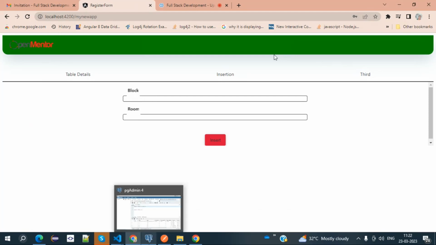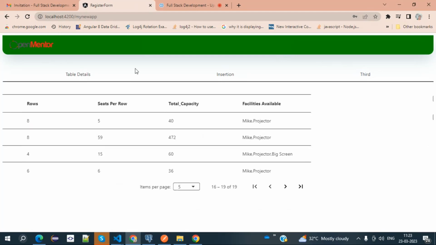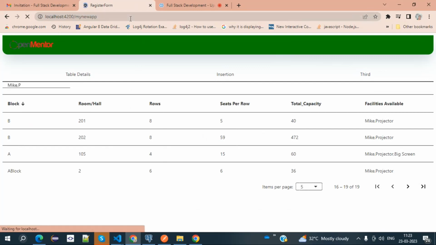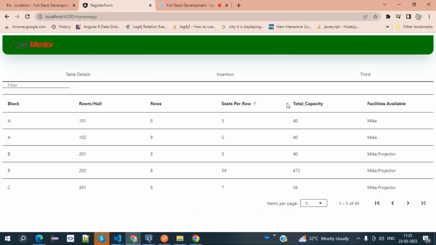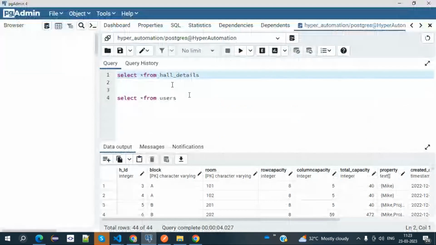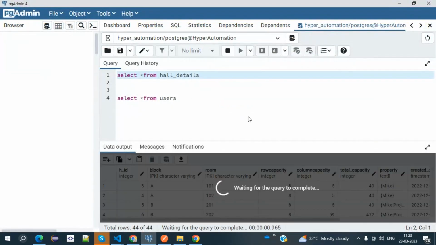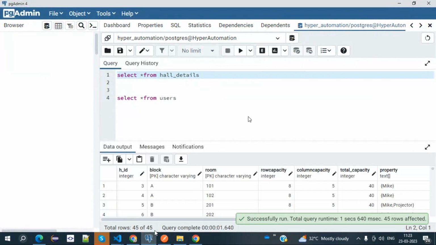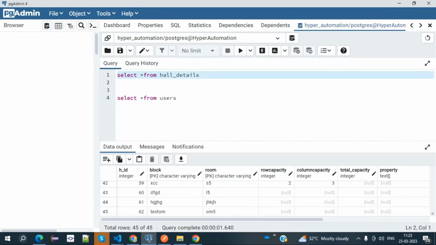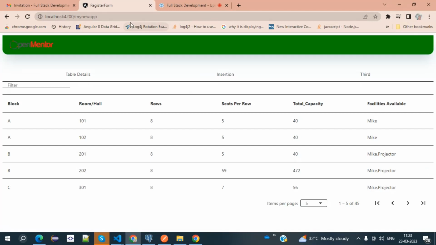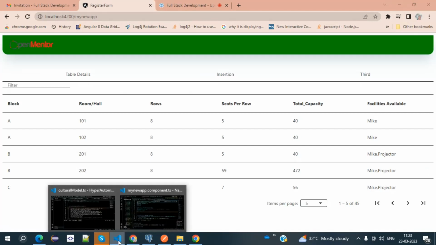For now, let us see how many rows are present in the table as well as in the backend. You can see one row has been inserted. 44 was there, now it becomes 45. You can see the last value as test OM5, so this value has been inserted. How it has been inserted is what we are going to learn right now. So for that, what you need to do is